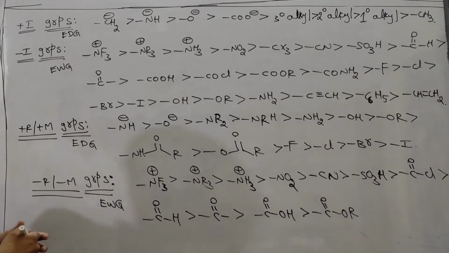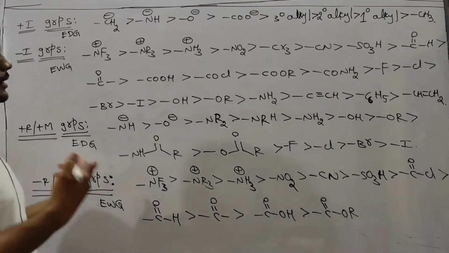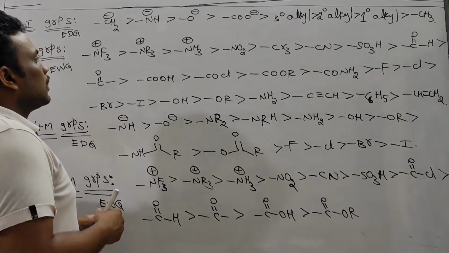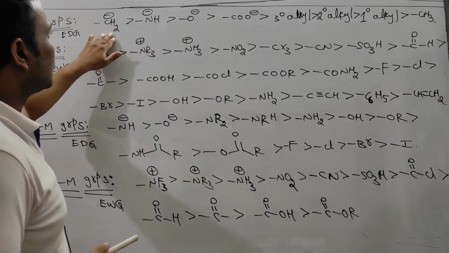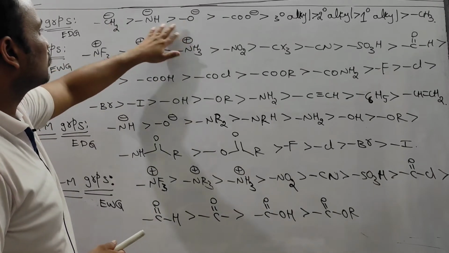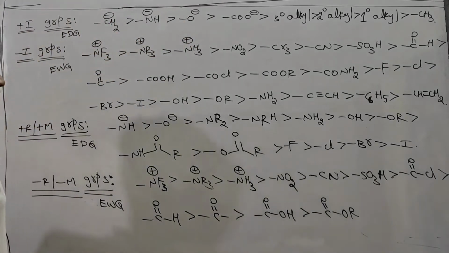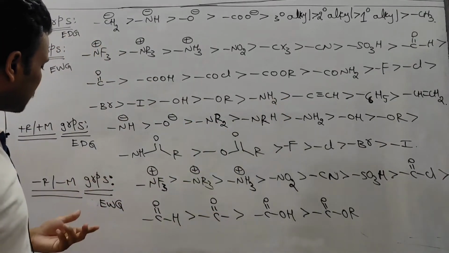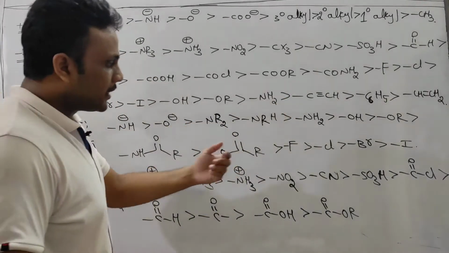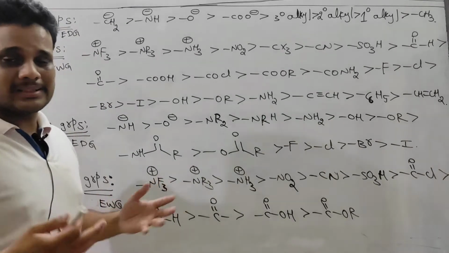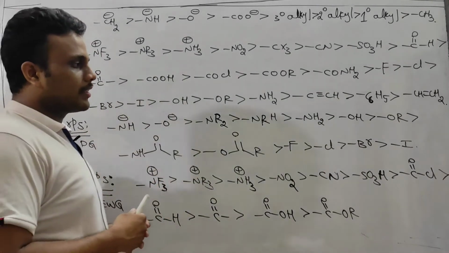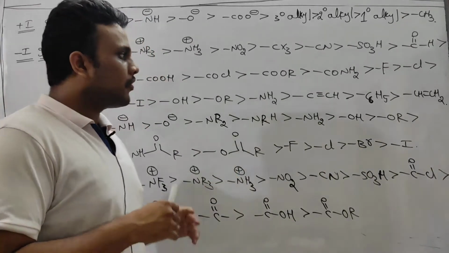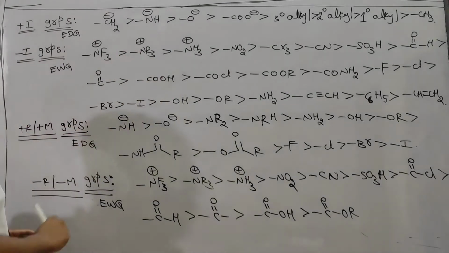Okay, how to understand this concept? Because you see, sometimes this particular NH2 group, CH2 group, O minus group, these groups behave like plus I groups, and in some cases they behave like plus R groups. Halogen sometimes is a minus I group, and sometimes halogen comes under the plus R category. Sir, what is the actual criterion to understand this concept? Okay, so first let me explain about this order.